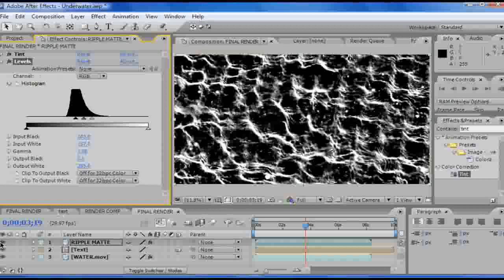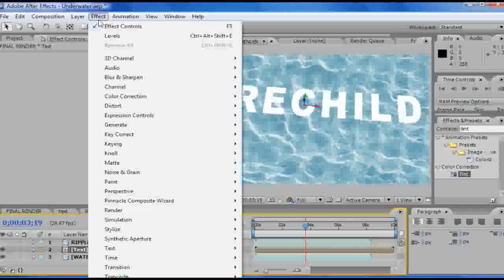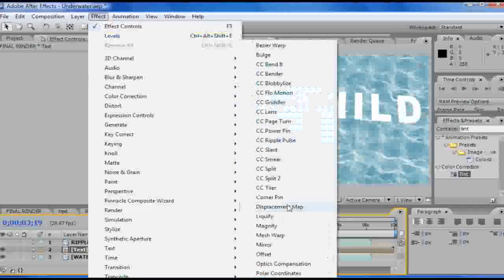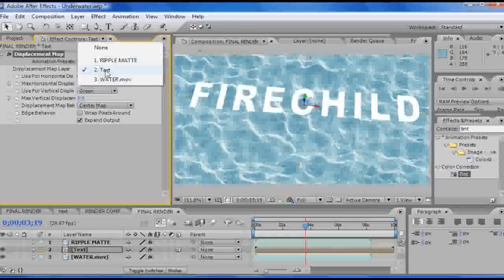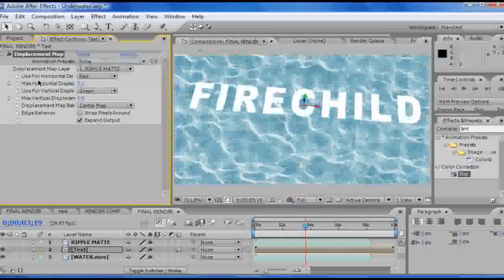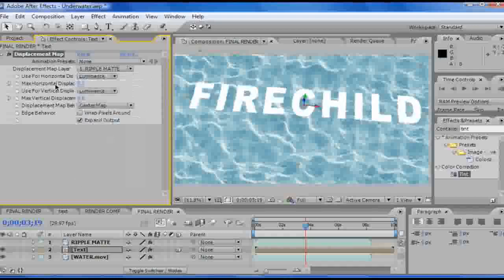Now we can turn the eyeball off for it, and then with our text layer selected, we'll set up a displacement map by going Effect, Distort, Displacement Map. And if we go to our controls here, Displacement Map Layer, change it from Text to Ripple Matte, and then change our horizontal and vertical displacement from red and green to luminance,